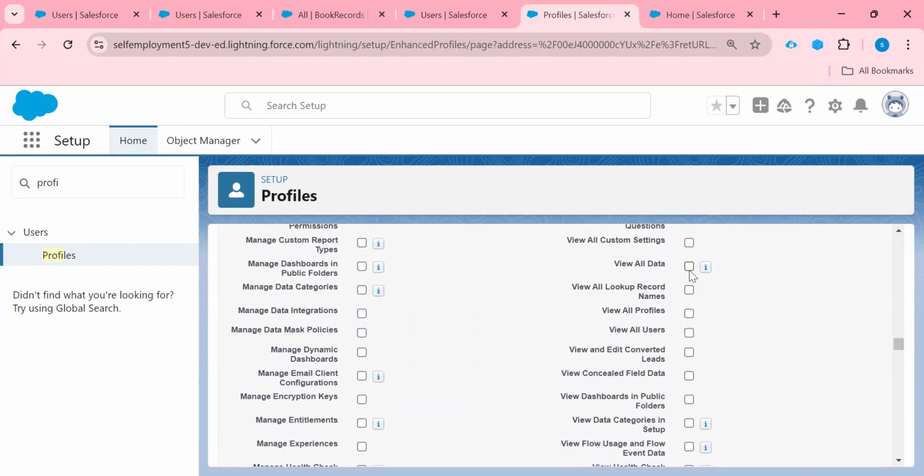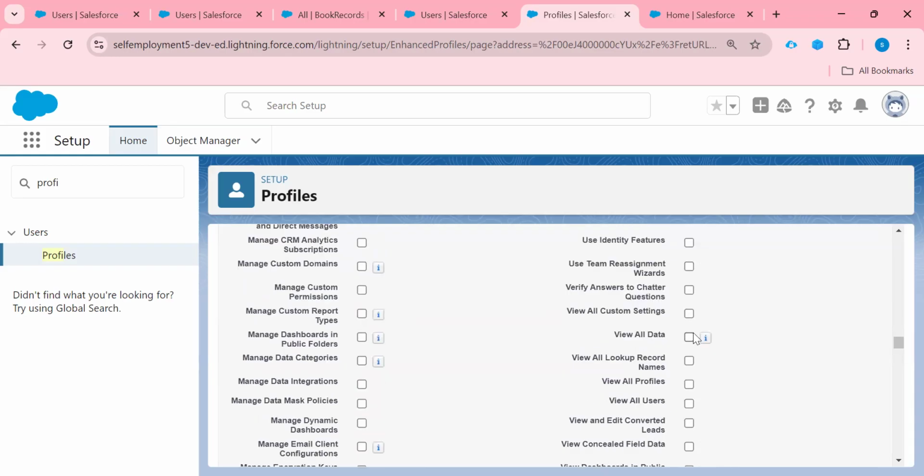If I check this box and the modify all data checkbox, then the user who has this profile will have a superpower. He can modify and view all the apps and data, whether they are shared with him or not. So these are the special permissions which we can provide to the user at the profile level.